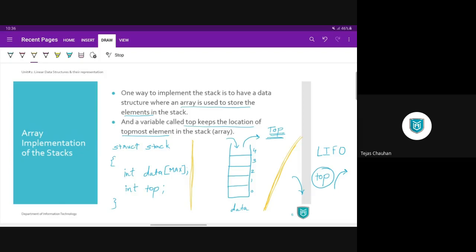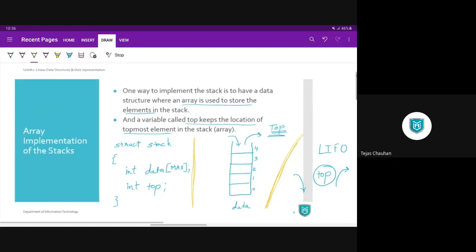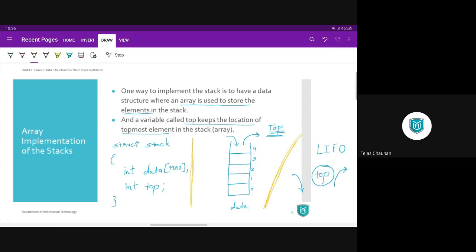So going back to this part, stack. We need an array to store data, and to know where to store data, we need to maintain a pointer. We call it the top pointer. It is kind of a pointer for us, but in a program it will be a simple variable which is going to maintain the index of the particular element where we are going to operate. So we need two entities, a data array and a top variable. Combined, these two create a stack.